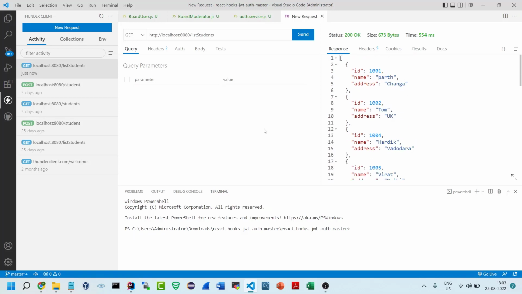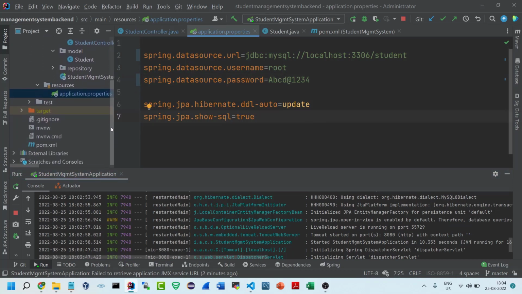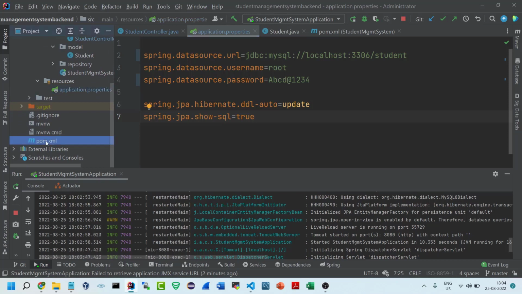Okay, if you do not have any students in your backend database, you can use the post mapping and add the students, which I have already covered in our earlier videos. Okay, so the application is running. So now in the application, I'm going to add the support of Spring Boot security. To add support for Spring Boot security, I have to add only one